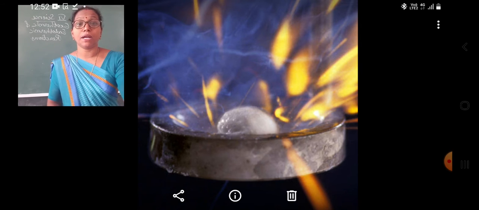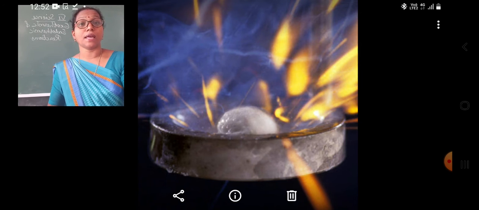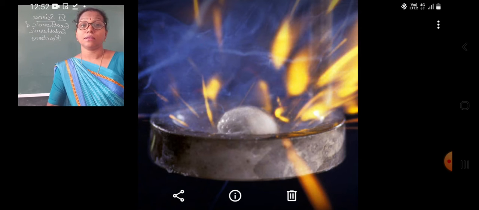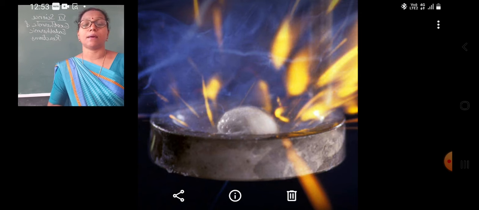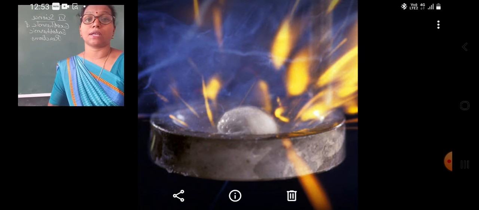Students, the burning of sodium is an example of exothermic reaction. The sodium metal burns if we keep it in the water or if we keep it in the air. It reacts with oxygen and it burns. So the sodium metal is kept in the kerosene oil to prevent burning. In this reaction, heat is produced, so the burning of sodium metal is an example of exothermic reaction.